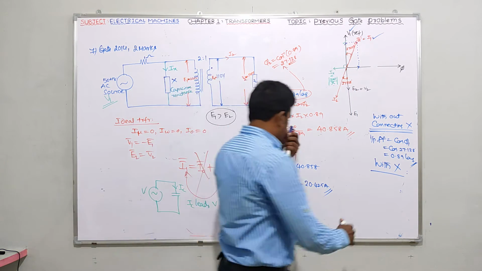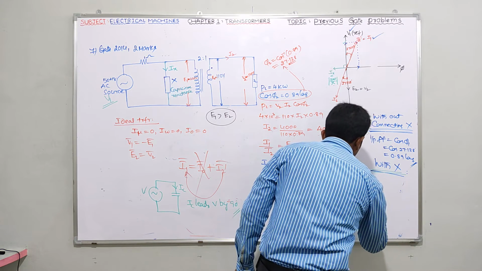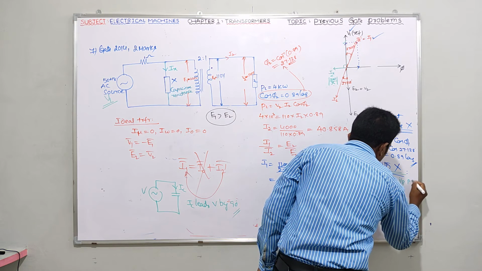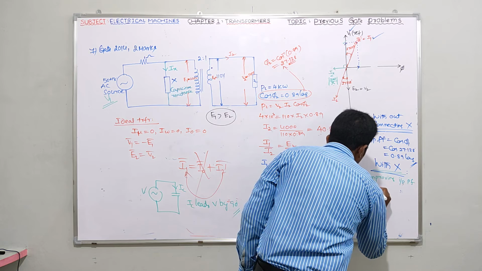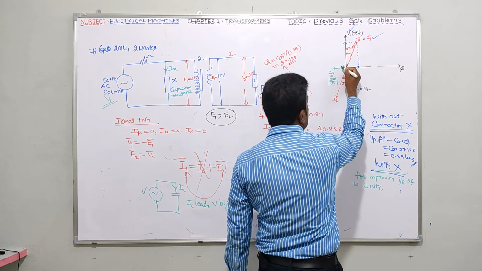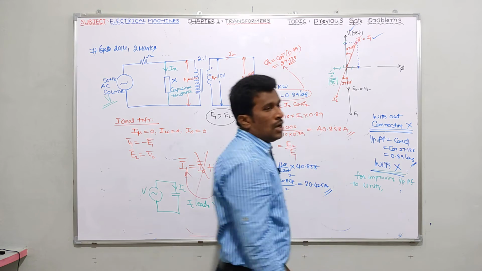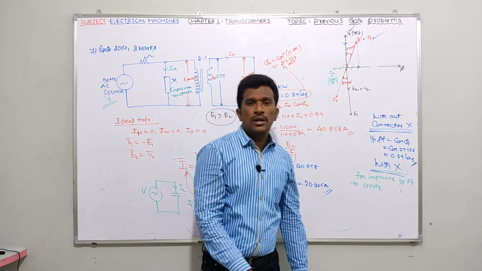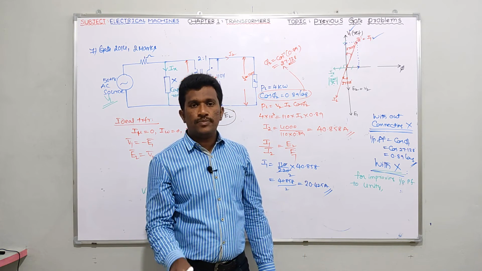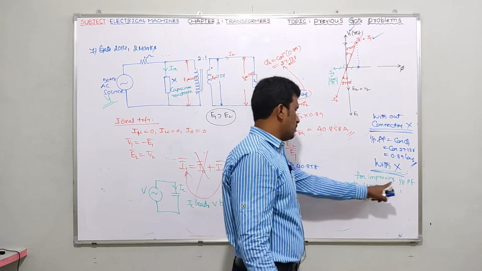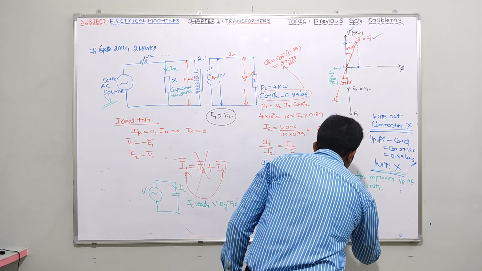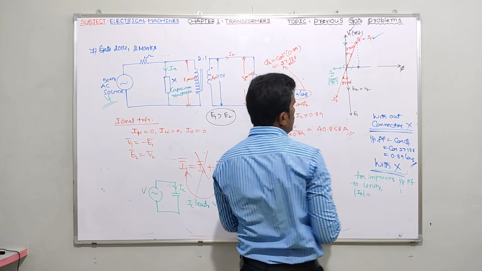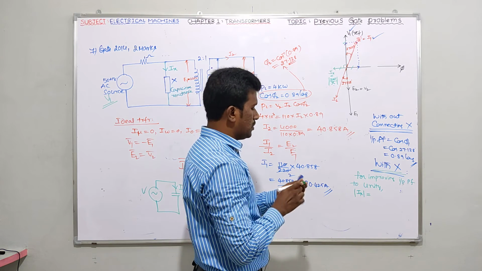Okay, so I can write here: for improving input power factor to unity, what do I need to do? You should equate this magnitude and this magnitude, so that the horizontal component of I1 will cancel. I1 will be in phase with V1, phi 1 becomes 0, cos phi 1 becomes 1. So for improving input power factor to unity, mod Ix should be equal to this value. First of all, tell me this value. Let me calculate this value first, after that we will see.